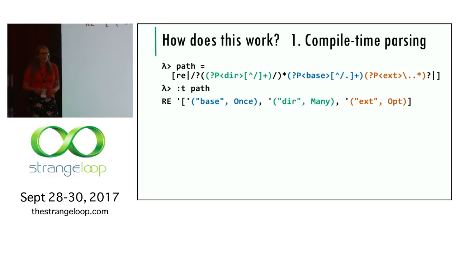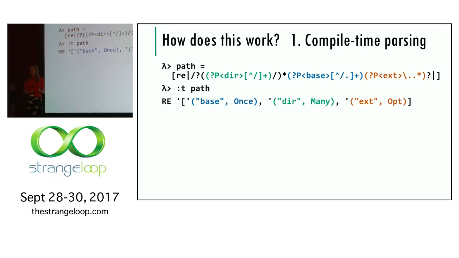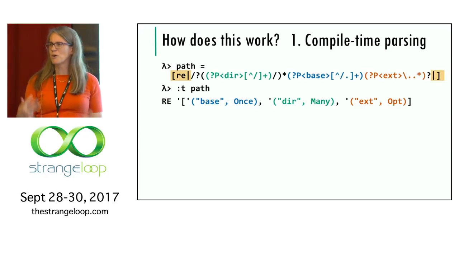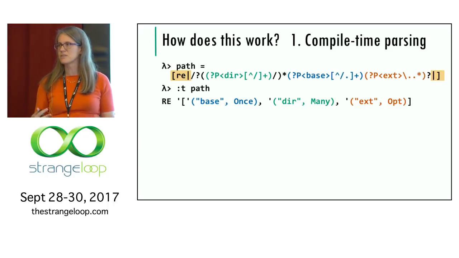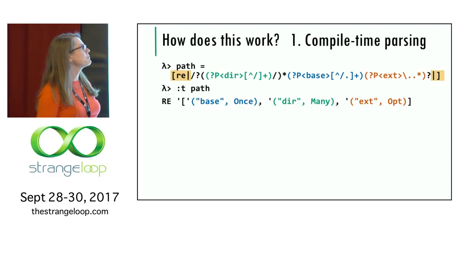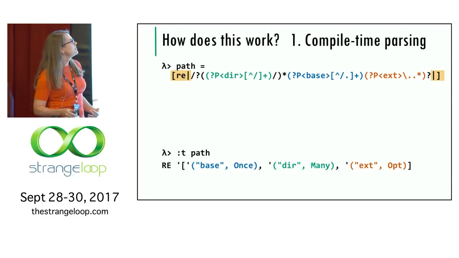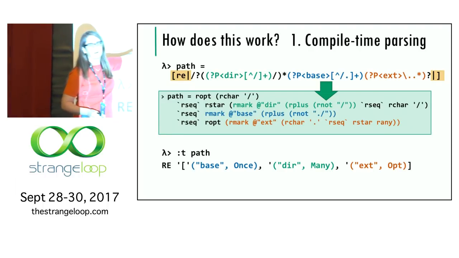Right, now, how do we get from that term to this type? The first step is a little bit of Template Haskell. You might have recognized that these brackets invoke Template Haskell, which is some compile-time metaprogramming. All it does is invoke a parser for regular expressions that I've written. So at compile time, it runs the parser, and it translates that regular expression string to this bit of code,